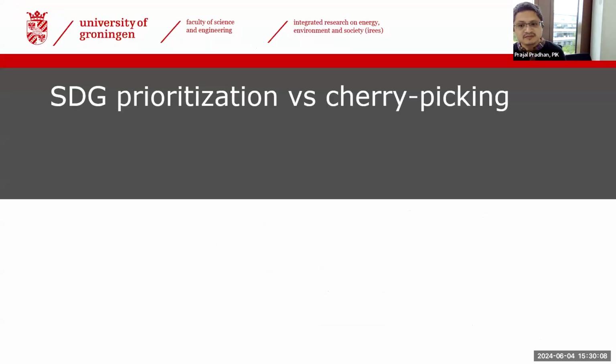And the question is that before in the lecture, I mentioned that there is cherry picking of SDGs and there is prioritization of SDGs. What is the difference between cherry picking and prioritization? In a way, due to limited resources, decision makers need to do some prioritization. They need to pick some SDGs to focus on, and cherry picking means not to look at the system, but to cherry pick or to focus on the SDGs which they want to do in any way.